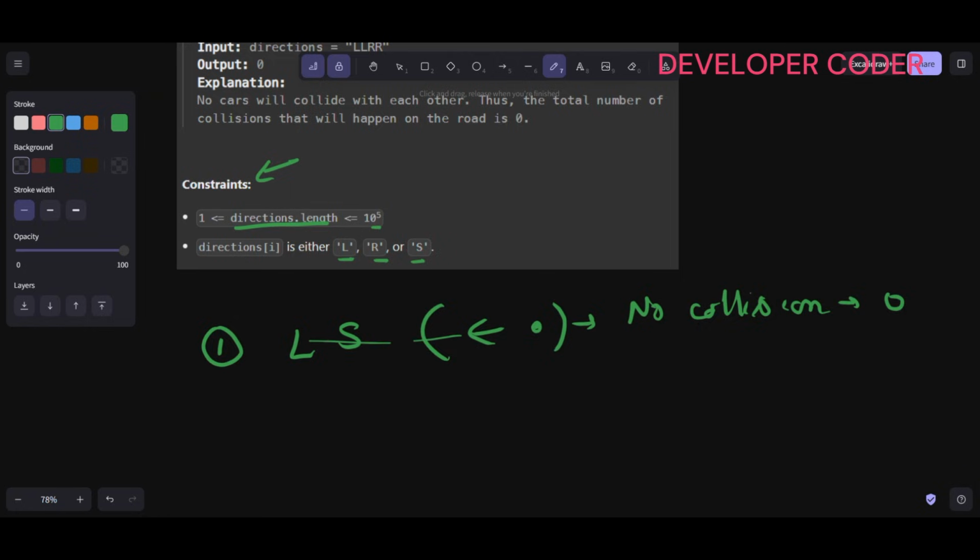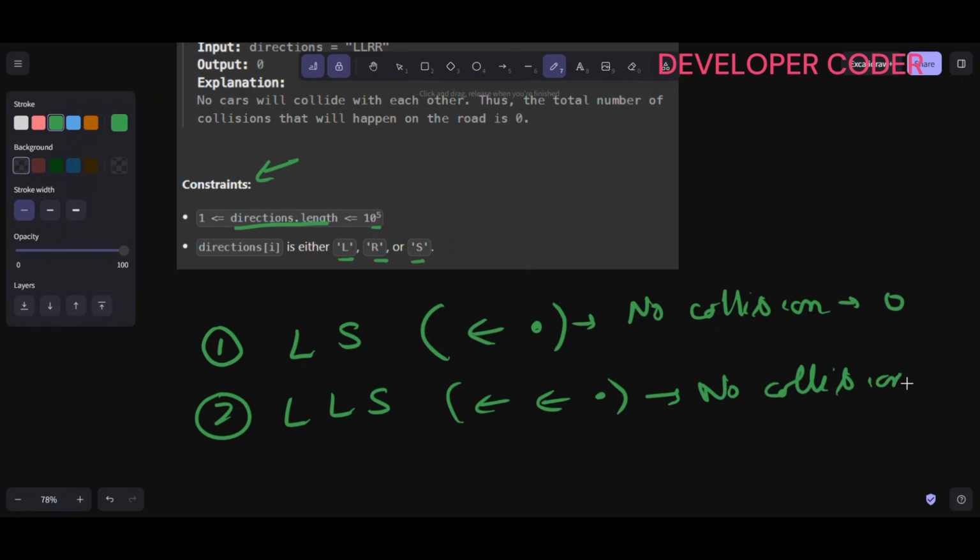This will continue moving this direction and this is stationary. So no collision occurs here. Same way here, L, L, S. Here also, this is moving to left, this is moving to left, this is stopped. So here also no collision, right? No collision, right? So now third case, let's say